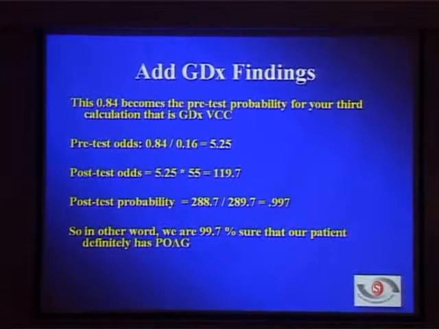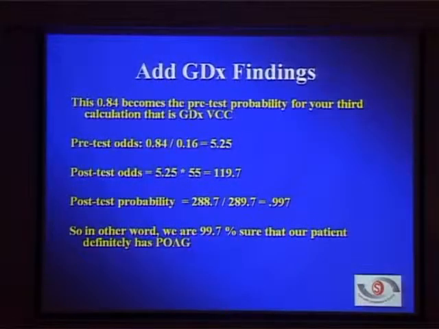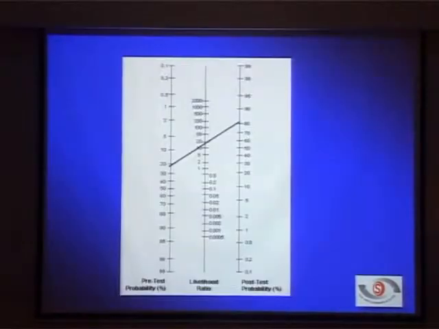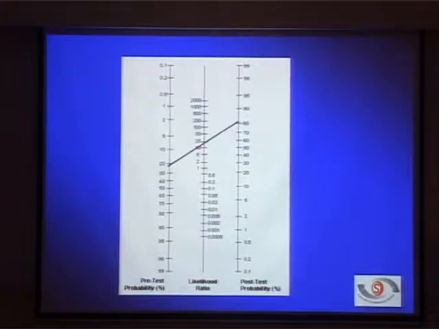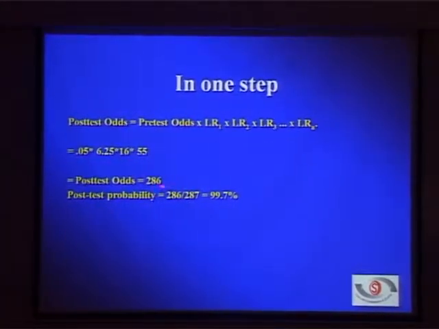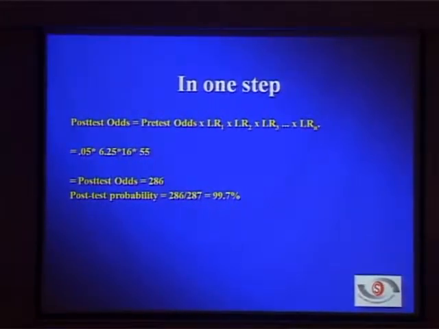When you do sensitivity, specificity or predictive value, you use only one test and say whether the patient is test positive, test negative, diseased, not diseased. But when you use likelihood ratio, you are using all the clinical examination you have done and simultaneously all the tests one by one, you reach a diagnosis of what is the probability that the patient has disease or not. And there are graph nomograms which can tell you directly using the likelihood ratio. You can do it in one step, multiplying all the likelihood ratios, and come to the post-test probability. You don't have to do it step by step.